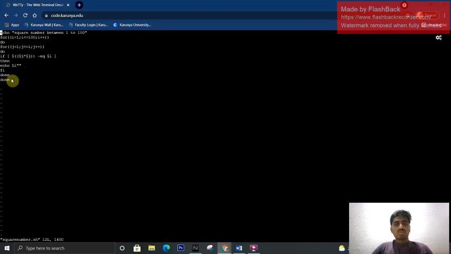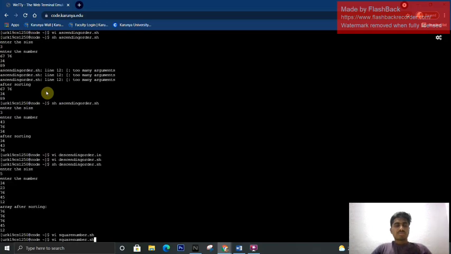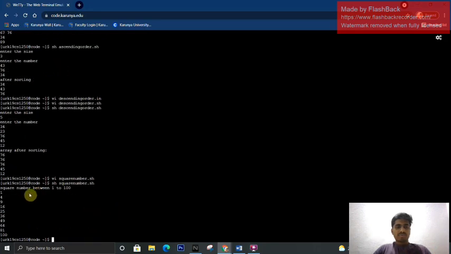If we are using this loop, see here, the perfect square numbers between 1 to 100 have been printed.